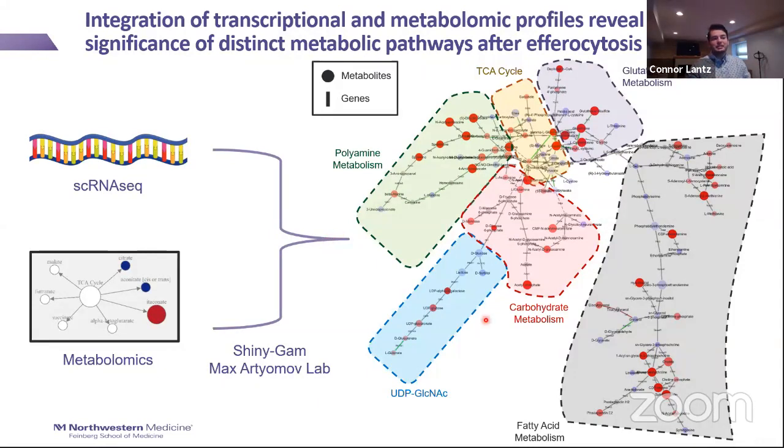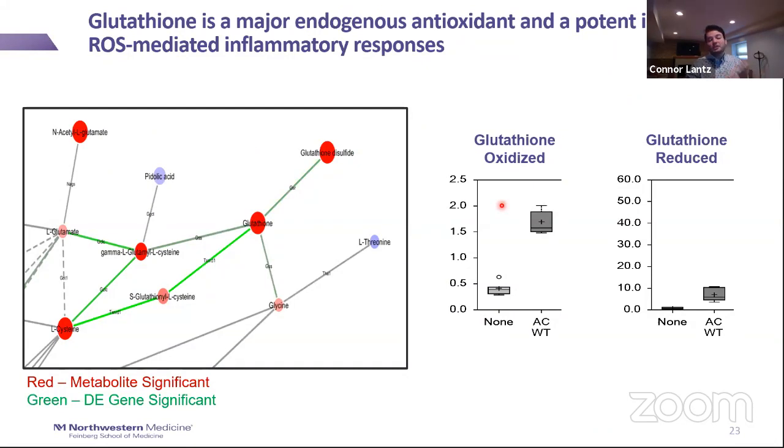And so not surprisingly, a large portion of this metabolic network is associated with fatty acid metabolism. I also see an enrichment of glutathione metabolism as well, further validating my single cell RNA-seq findings. I also see the enrichment of the TCA cycle as well as other metabolic pathways. And so just to jump in and look at one of these pathways a little bit more closely, I picked glutathione as that was one that was differentially regulated within my single cell data set.